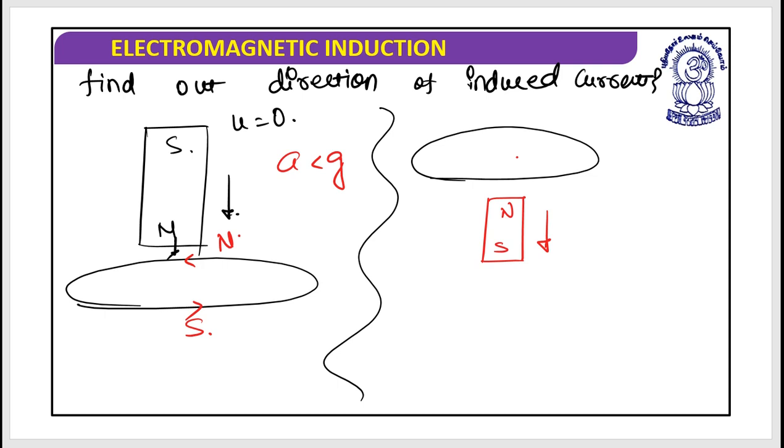What was the answer of your mind? Mind says yes, it is going to change. Why is it going to change? Because the magnet is moving downwards. It is moving away from the coil. If it is moving away from the coil,